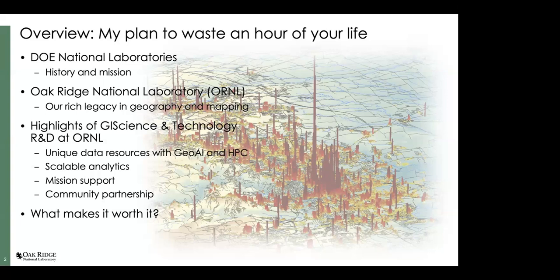And then I have one example of how we try to translate our science and technology into more practical spaces, like how a city would embrace it. And then at the very end, I also want to show you a couple of examples of why people come to Oak Ridge National Lab or any national lab, and why they stick there.